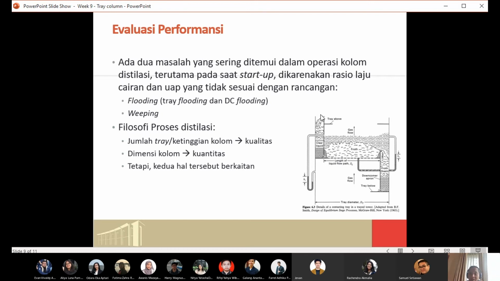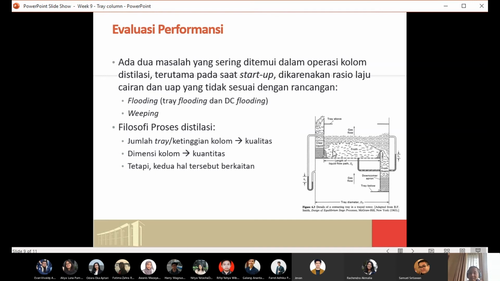The downcomer will bring the liquid and pass it through the tray system. There will be contact between liquid and gas here, so it can create the regime called froth. Froth regime means that there will be good contact between liquid and gas on the top surface of the tray.